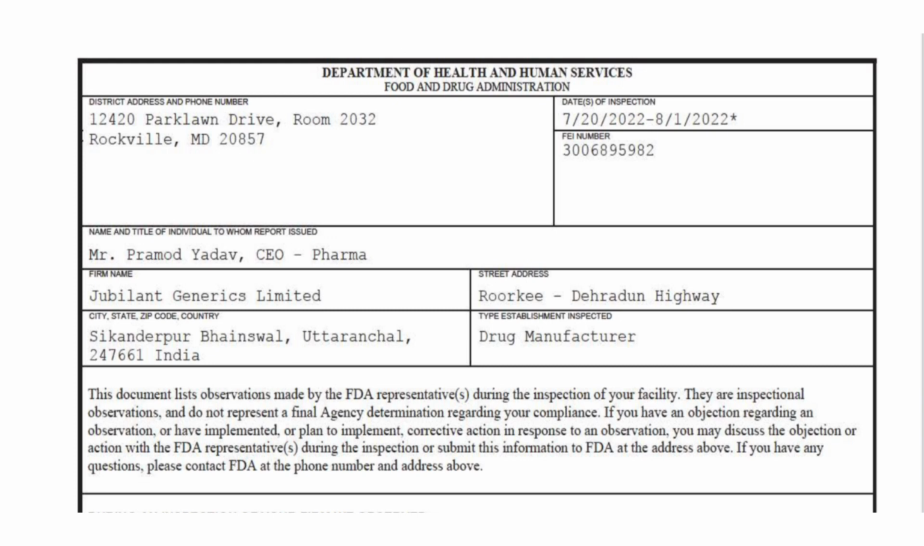So guys, these were the 6 observations which were issued by USFDA to the Jubilant Generics Dehradun facility. Whatever examples were mentioned in the Form 483, we have understood all of them. If you still want more details about these observations, then you can check the link given in the description, or you can visit the USFDA website to download the Form